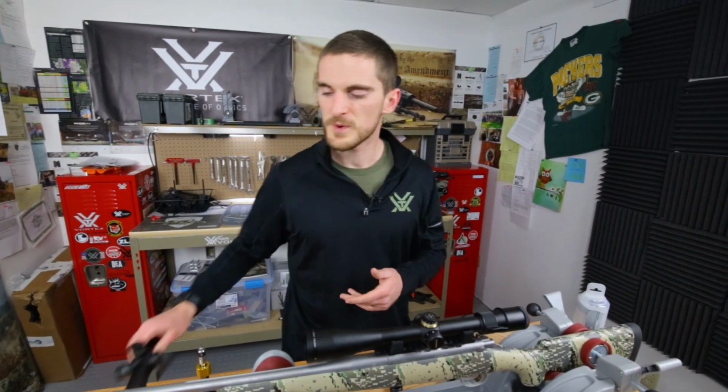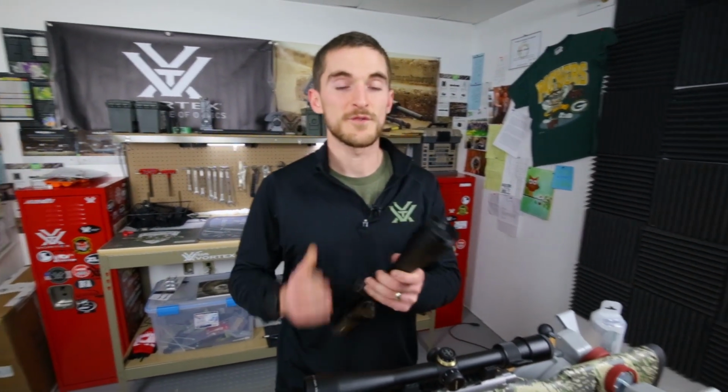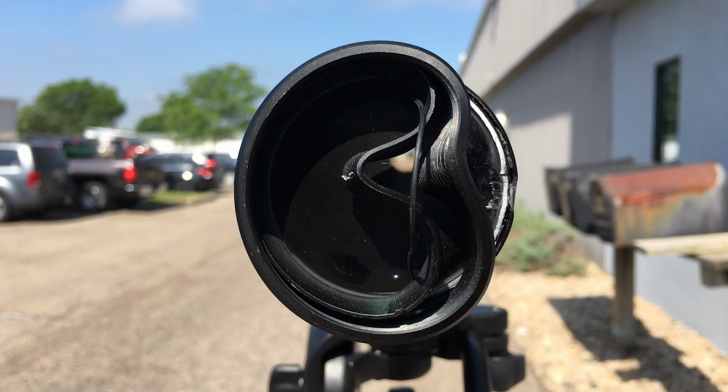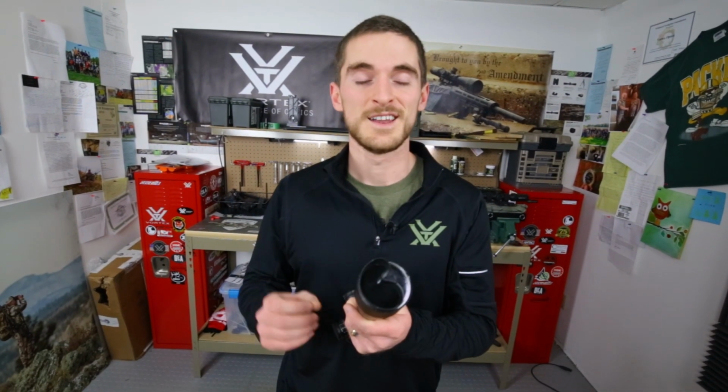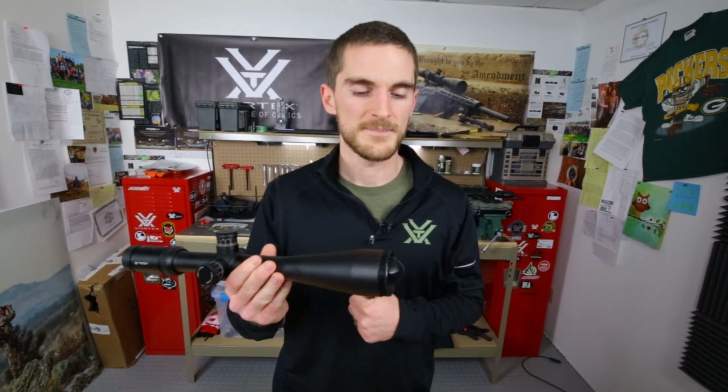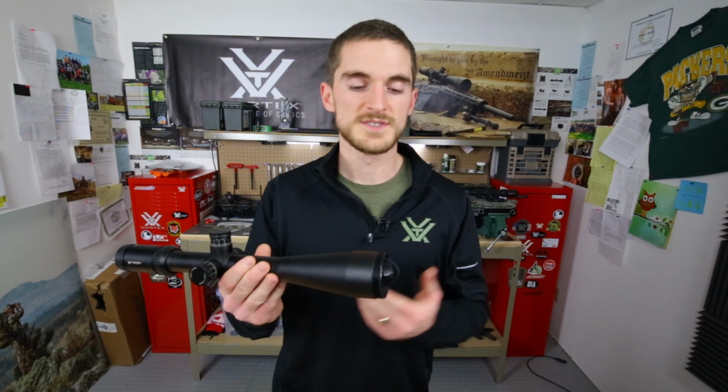Now, in the case of this Viper HST that we're going to take out as well, if you follow us on Reddit, you might have seen this before, actually. This one, despite having a pretty gnarly-looking objective end, when you look through it, you can't even see that. Maybe later on we'll get into the nerdy reason as to why that's the case. But anyway, as you can see, this is the lock ring that was shot, that holds the objective cell